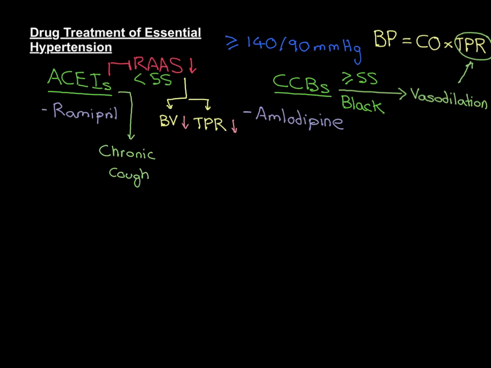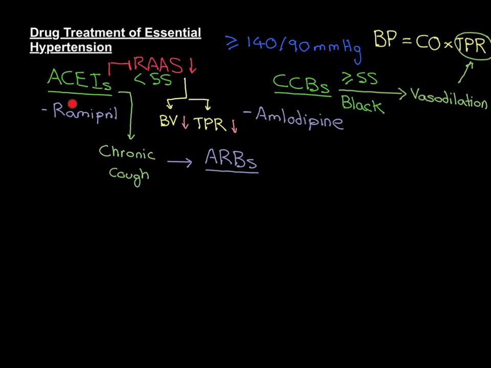If someone comes in complaining that they have a cough and they are taking an ACE inhibitor, then this is one of the things you need to consider, and you need to consider taking them off the ACE inhibitor. Now, what do you do then? Well, you can put them on another type of drug that also inhibits the renin-angiotensin-aldosterone system, but works more downstream. It works by blocking the activity of angiotensin 2, and these are called the ARBs. And that stands for angiotensin receptor blocker. So if someone is having the side effect from an ACE inhibitor of a chronic cough, you should switch them over to an ARB. And the only people who should be on ARBs are people who cannot tolerate ACE inhibitors